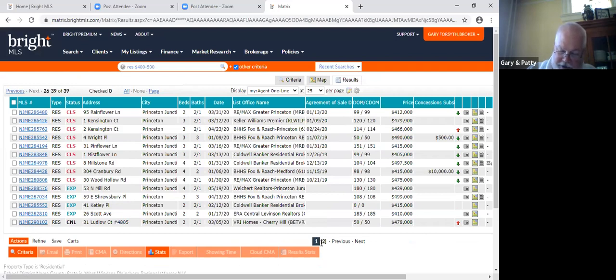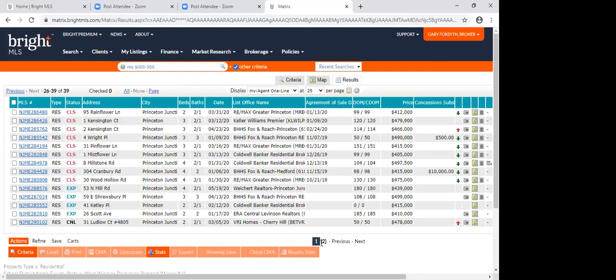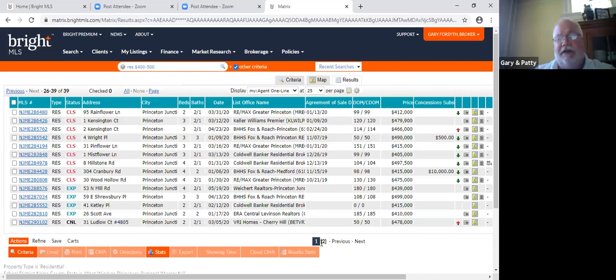Now, this is pretty simple math. So you have a total demand for the last 6 months of 26. So that's the number of months we searched by the number of pending and closed. That makes sense to everybody? Yes. So that's an average of 4 per month over the last 6 months.